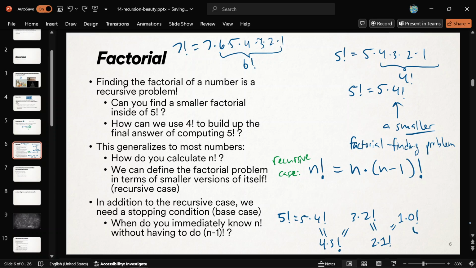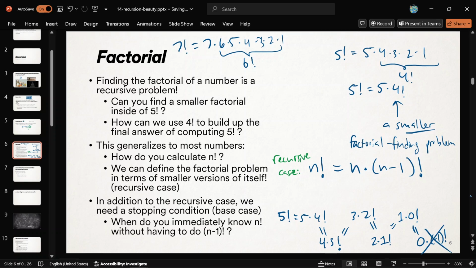Okay, can we go further? 0 factorial equals, well, according to this rule, 0 times negative 1 factorial. And this is where it starts making no sense at all, okay? Not only that, factorials do not exist for negative numbers, first of all. So you can't go there. You need to stop before then. And also, the second you multiply by 0, it ruins everything we were trying to do, doesn't it? So this is when the world stops making sense. Everything blows up. You want to stop before you get here.